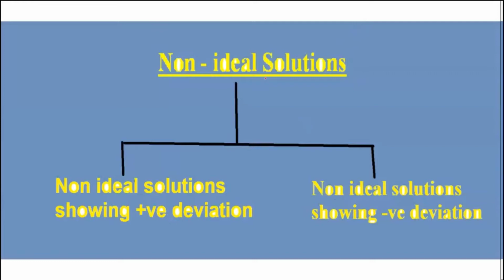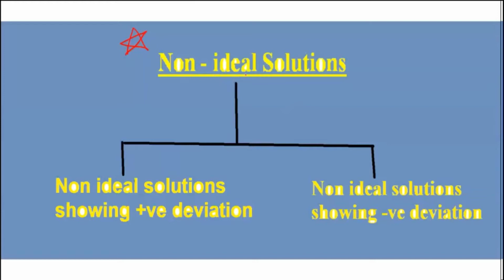So quickly we'll go through this because even this topic is important, okay? Like I told you, the ideal and non-ideal difference is important. In the non-ideal also, the positive and the negative deviation difference is important, okay? With the example, you should remember which deviation these molecules are showing, because if they give you an example, you should know it. And remember students, this topic comes under liquid and liquid solutions, where we have taken both the solute and the solvent as a liquid, okay?